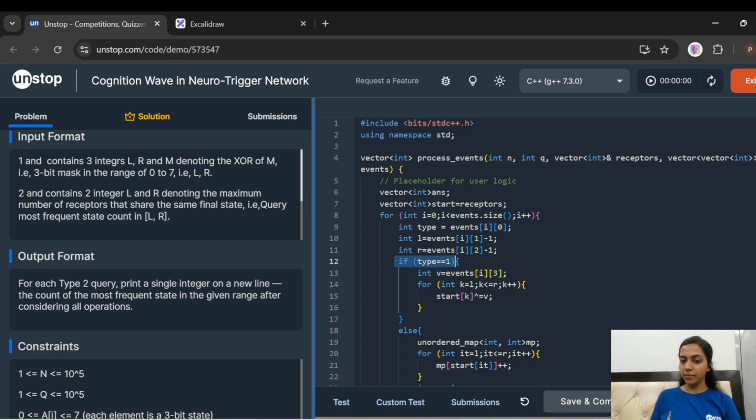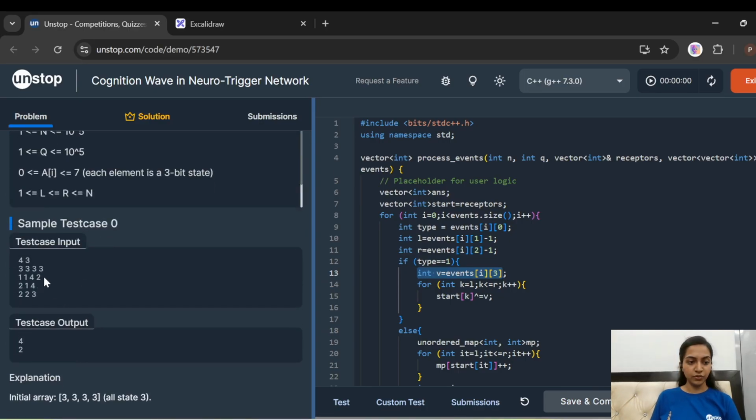I'm checking if type equals 0, then find the value that is events[i][3] that we are given over here. That is the value that we need to use to find the XOR. For example, if we have the value 2 in our array and we are given V as 3, we need to find the XOR of 2 with 3. So now we are checking from L to R and we are going to store in our start[k] the XOR of start[k] with V. So this is type 1 and it's done.